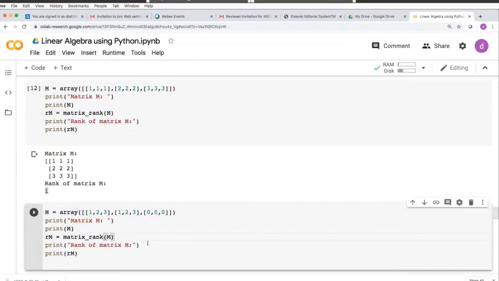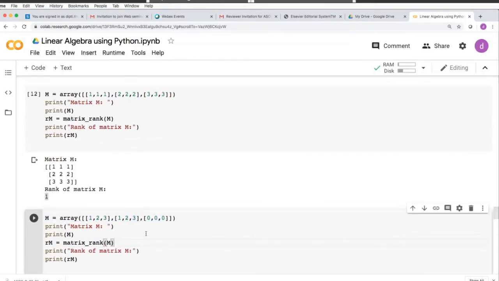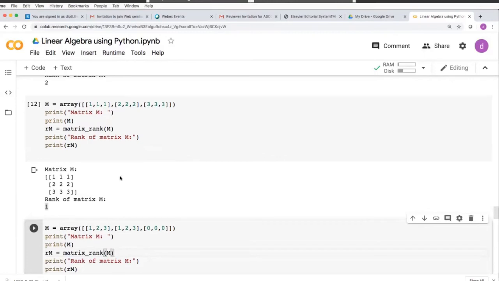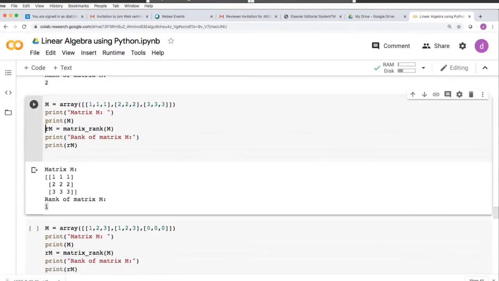Tuja is asking how do you remove the error. Here it was not an error of a matrix. It was an error because I didn't calculate RM, that is the rank of the matrix. I didn't apply this function and the variable was not defined. By mistake this line was deleted, and I tried to print RM, and that's why the error was displayed. Then what I did is I calculated it and placed it. If I execute it like this,